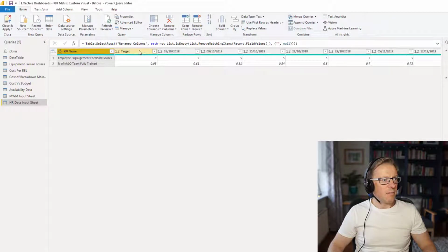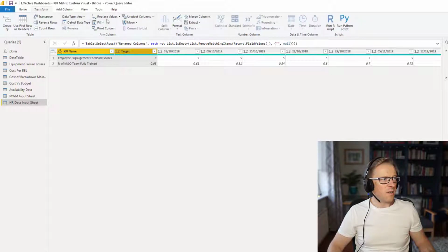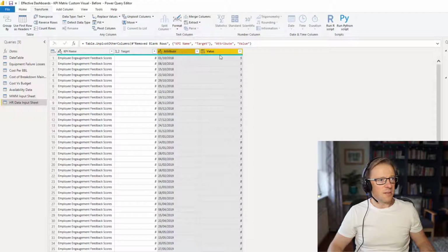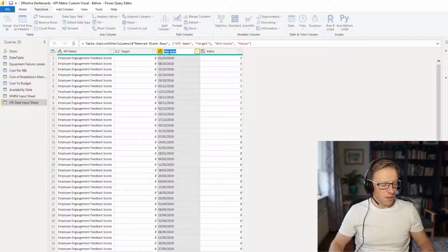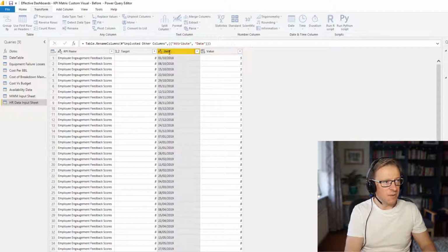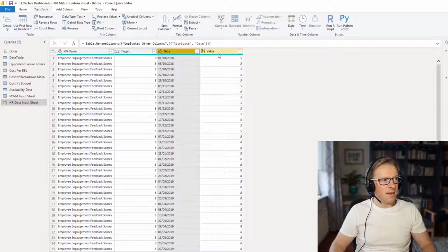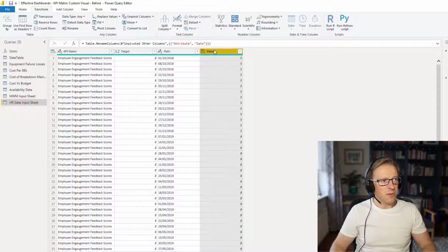Okay, then we've got a target here, so we select the first 2 columns, and then we go to transform, and then we go to unpivot all columns, and here we can see we've got this information here. So we've got the KPI name, we've got the target, that's fine, we've got this attribute which is going to be called date, or renamed to date, and we've got this one here which is value, which we are going to leave as value but change to